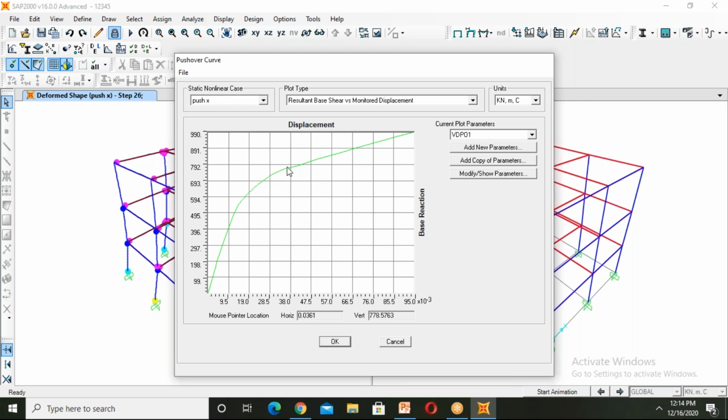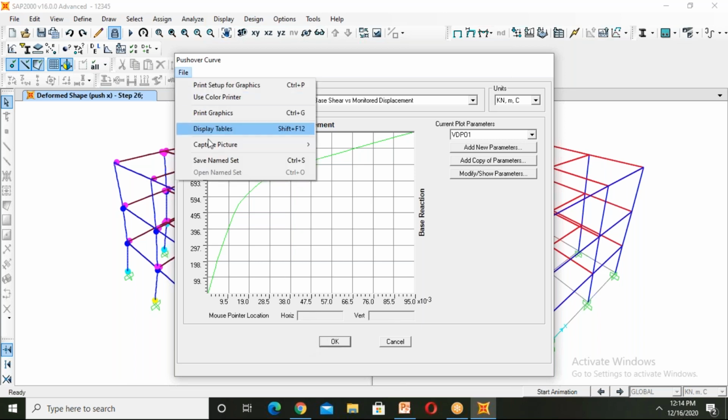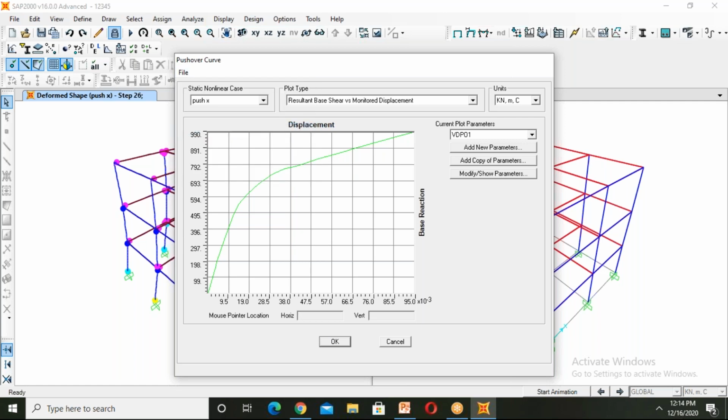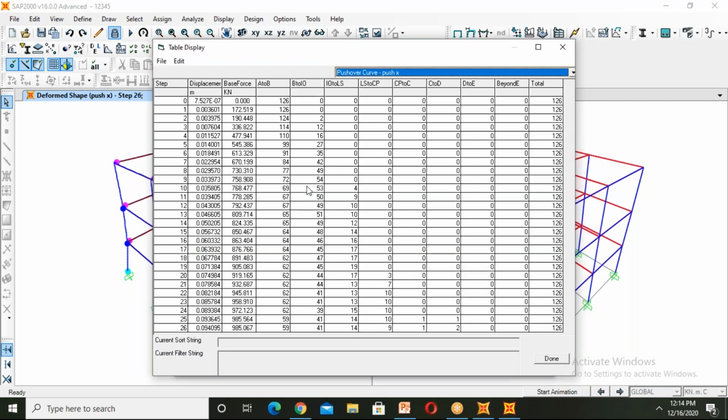So we can see these values in a table format. Click on OK.